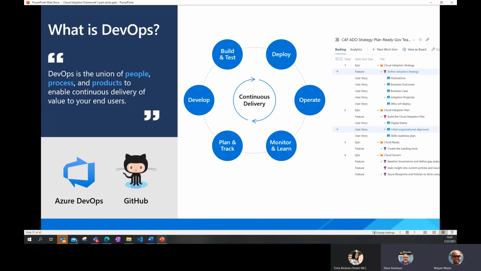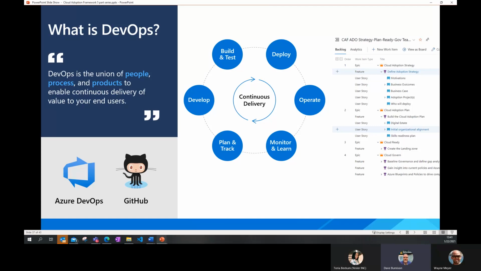A couple of points I'll throw in there, Wayne, is that it's very explicit that we put people first in that definition. There are so many times you can be using all the latest and greatest tools that Gartner and Forrester and everybody else is recommending. You can be doing Agile, Scrum, Kanban, whatever it is, but if you don't have developers, testers, operations, and program managers all in the same boat rowing in the same direction, you're still not going to be successful.